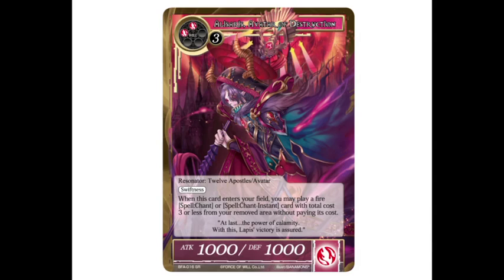a fire, spell chant, or spell chant instant card with total cost 3 or less from your removed area without paying its cost. Typically what you're going to see a lot of people talk about is the idea of playing Flame King Shout with Uther, because that's a really powerful combo right now. So Allosaurus comes in for 5, you play Flame King Shout, you play the Uther in your hand, you just burned to the board for 4, you now put out an 8/8, you burn the big thing that you need